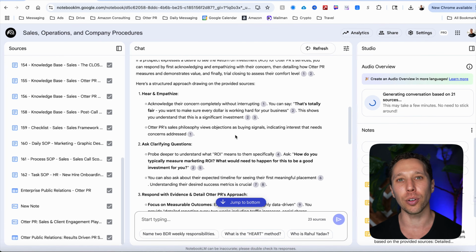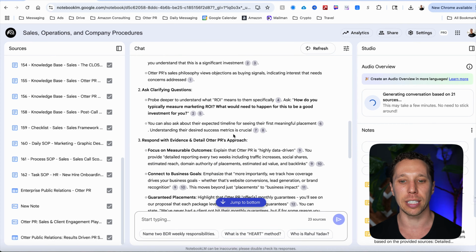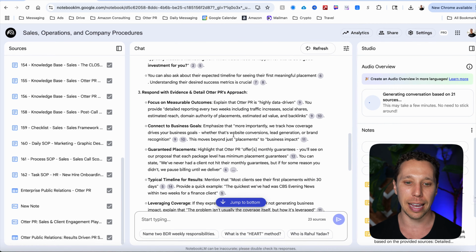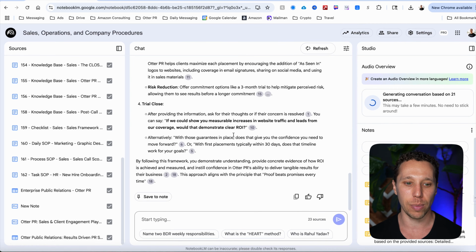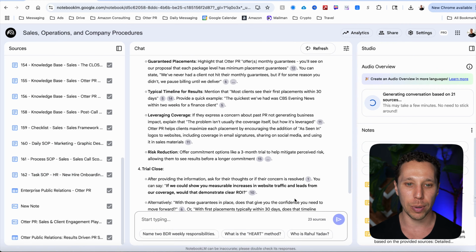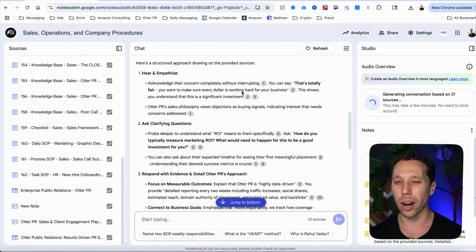It's pulling specifically from our knowledge bases. It's putting it all together. It's giving it a pretty lengthy answer, but you can actually redefine these and make them shorter if you want. You can save them as a note. So I could save this as a note and then train the AI on this further. You can vote them up and down, but the sourcing is where the power is for this knowledge base,